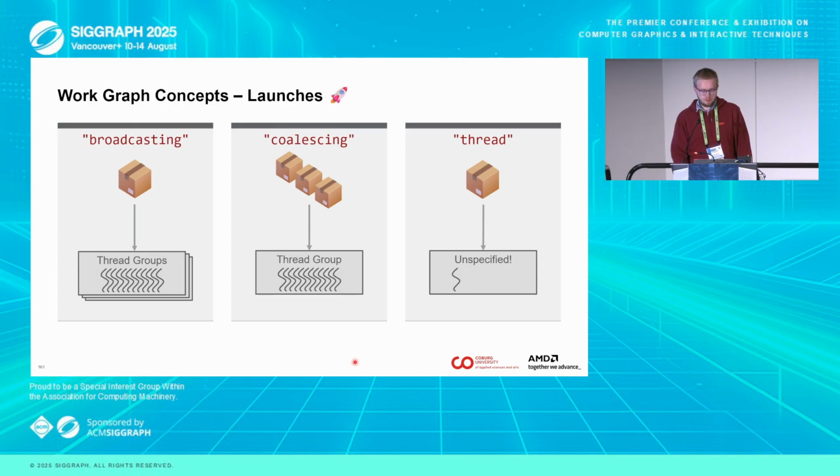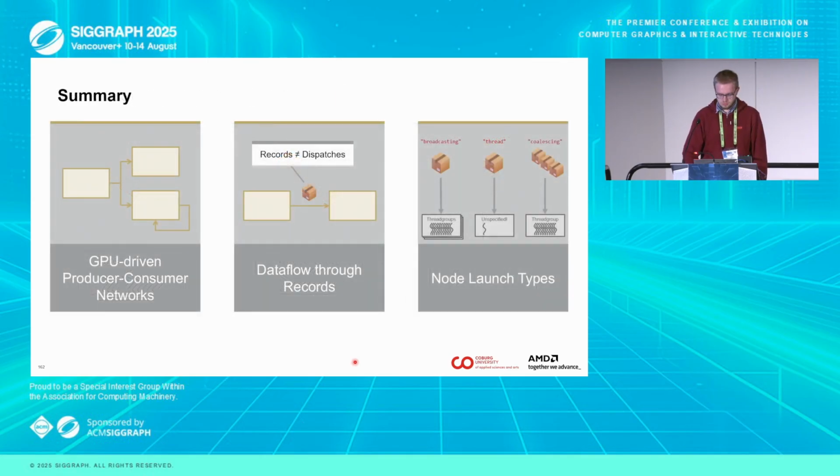So, in summary, we have 3 different launch modes, and they all have different use cases. All right. So in this session, you have learned a couple of concepts about work graphs. A work graph is a GPU-driven producer-consumer network that has a data flow with records and has different launch